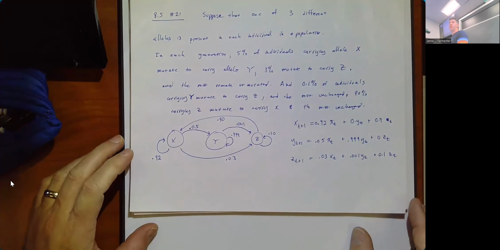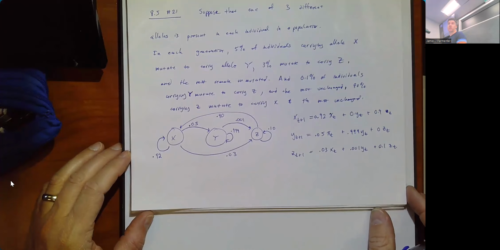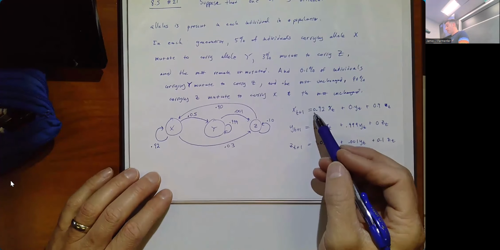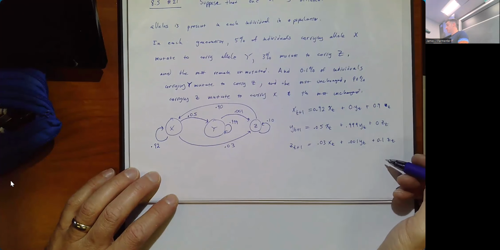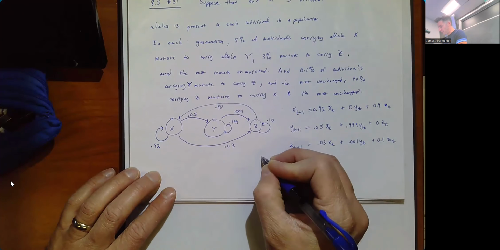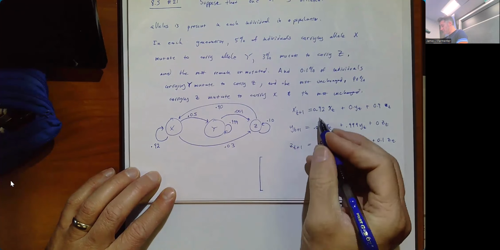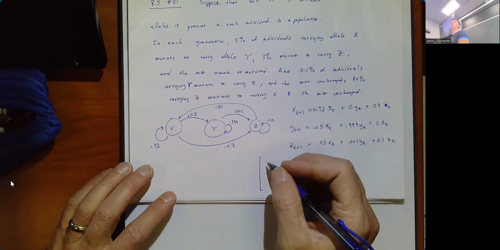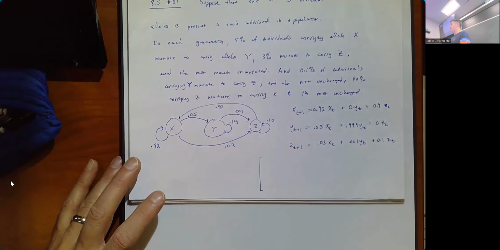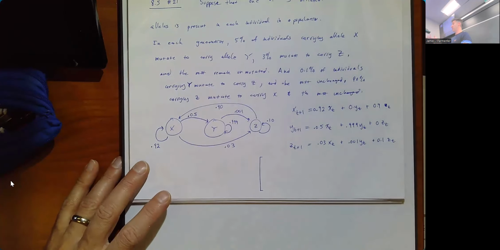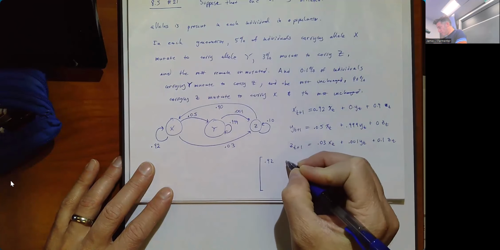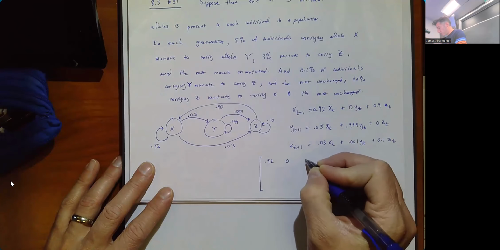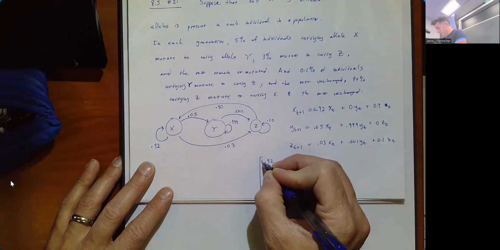We would much rather write it as a matrix. So we can write the 3 by 3 matrix of coefficients. I'm going to write that first, but I'm going to fill in something on the left and on the right. By the way, this is why writing things in the same order is important, so that you can write the coefficients in all the right spaces. So 0.92, 0, 0.9, and then